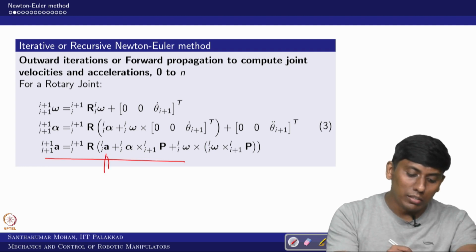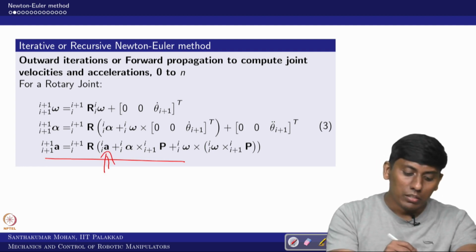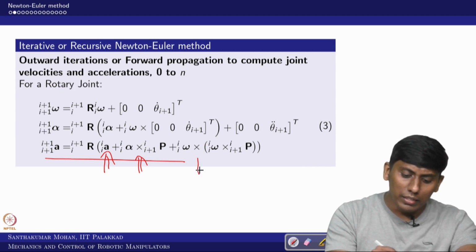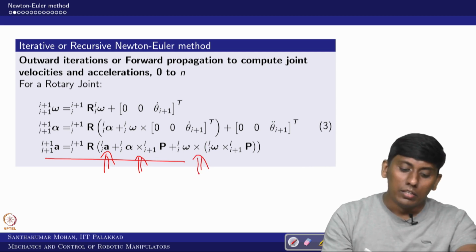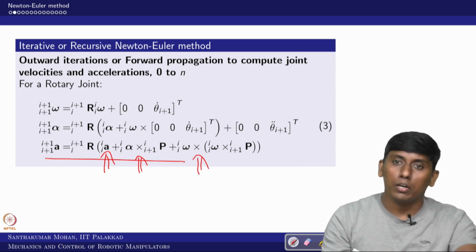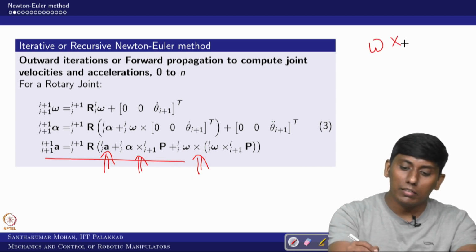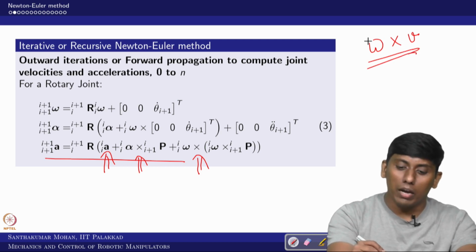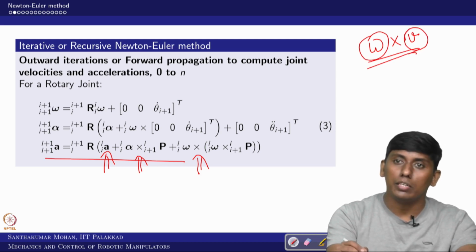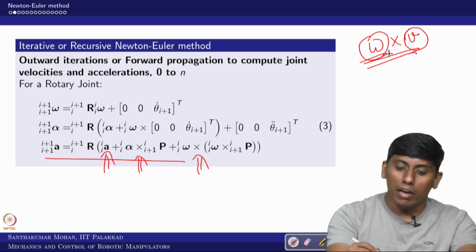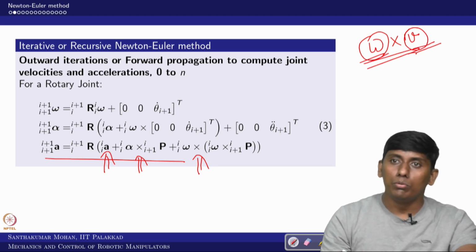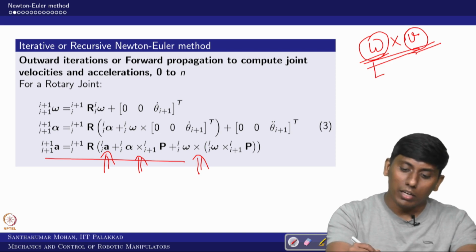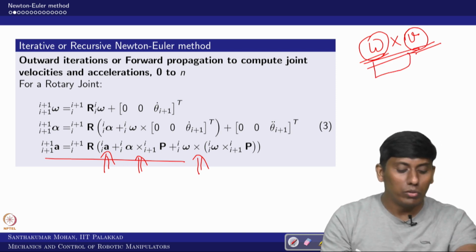So, which would be, you can see, one that comes from the slip acceleration of the previous joint, then the tangential, then the radial, which we call centripetal. Some people even use the Coriolis. The Coriolis will happen only if you have an interaction: you have an angular velocity and a linear velocity active, and there is an active linear joint. Then this Coriolis will come, otherwise there is no Coriolis component.